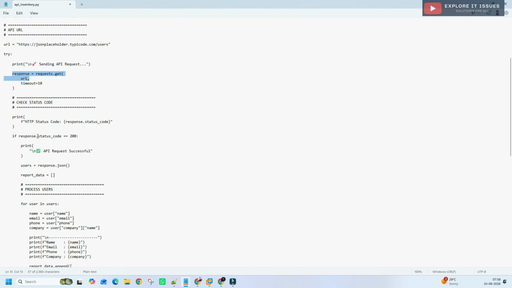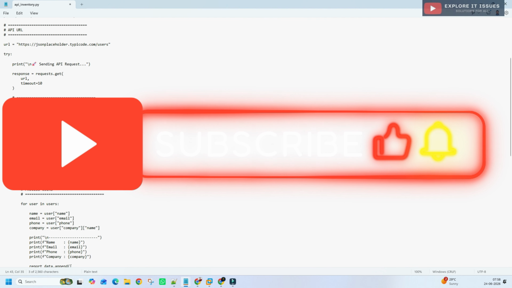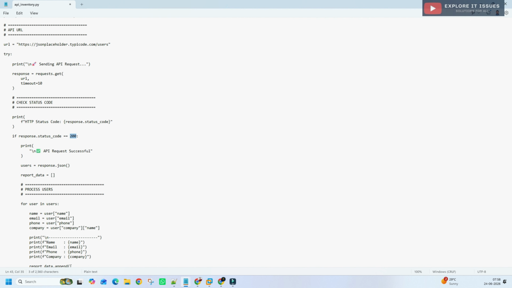If we get the response code 200, then the script succeeded and the API request was successful. Then we convert the JSON data into Python objects. In this section we convert the data into a JSON object. Then we loop through each user returned by the JSON API.